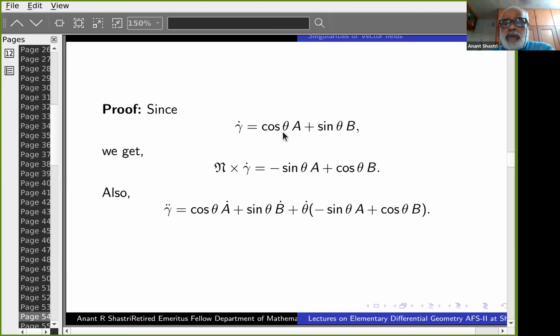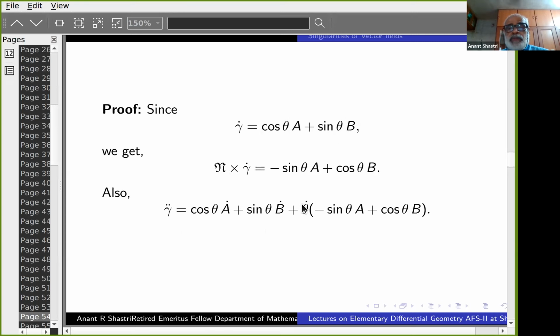So n cross gamma dot will be, when you take the product with A, it will be B. So it will be cos theta B here. And this one will be minus sin theta A, because n cross B is minus A. That's all. So it follows that n cross gamma dot is minus sin theta A plus cos theta B. Now take the derivative of this one. Gamma double dot will be, by Leibniz rule, cos theta A dot plus, when you differentiate this part, sin theta